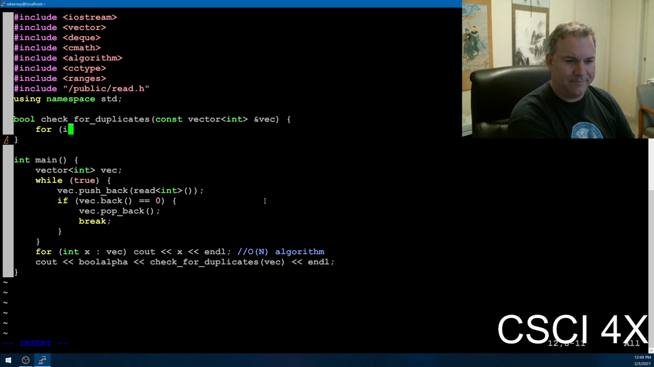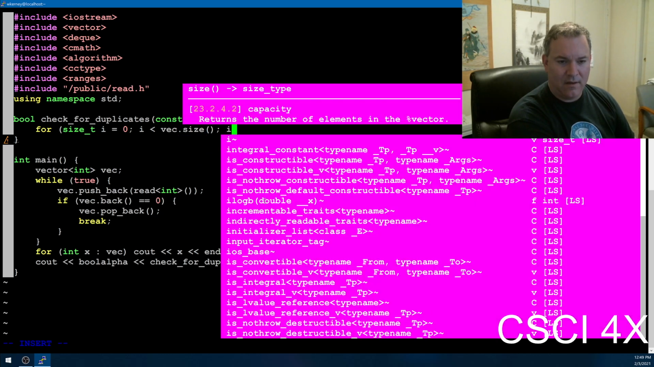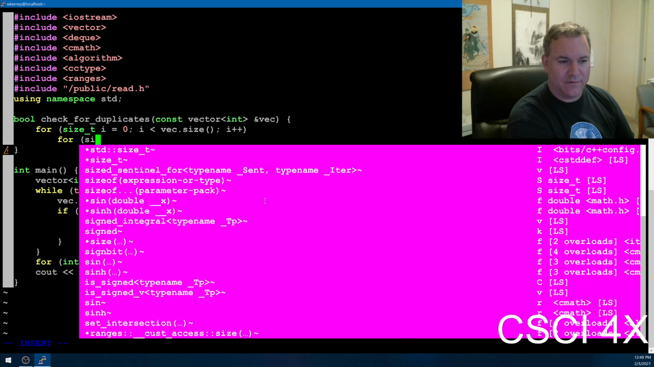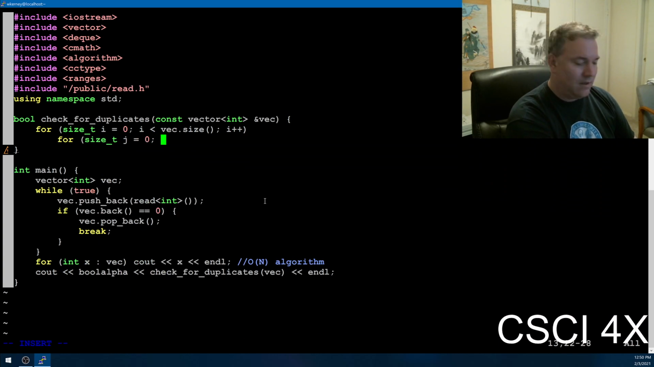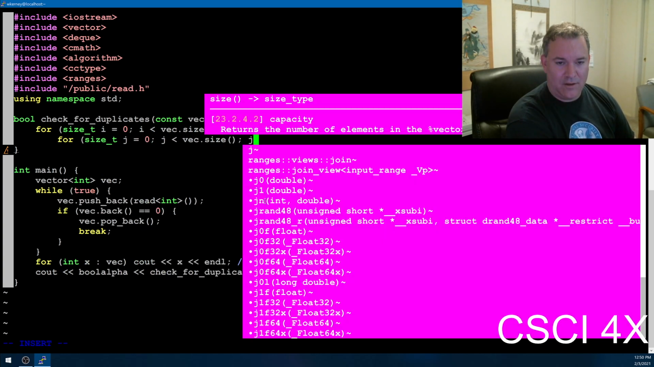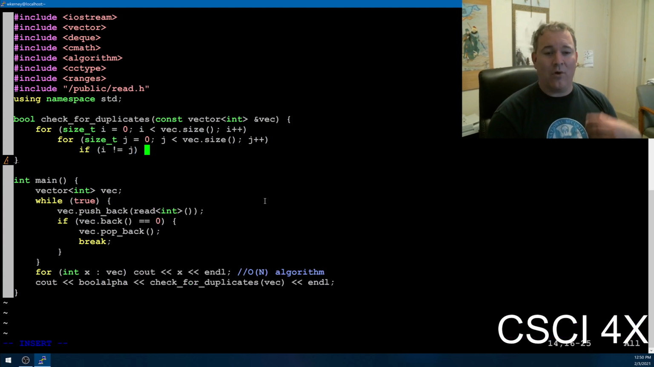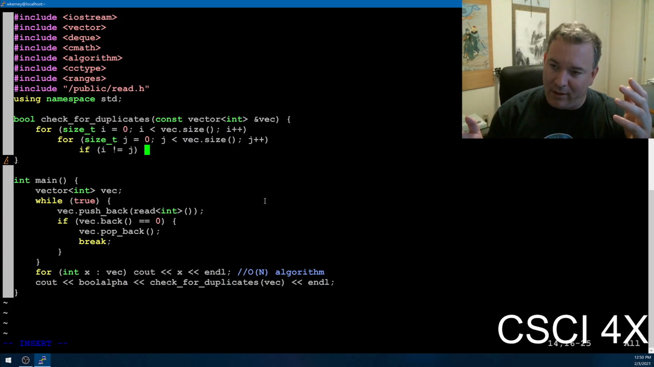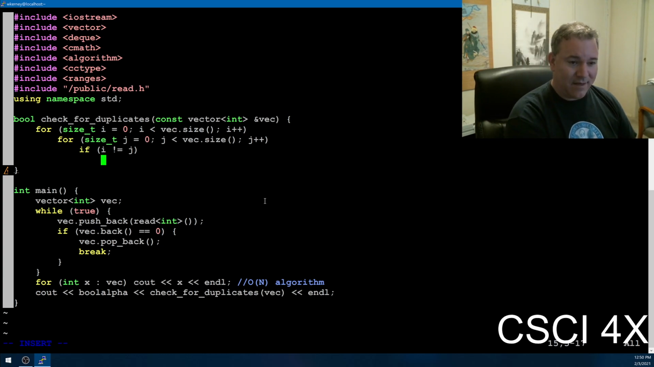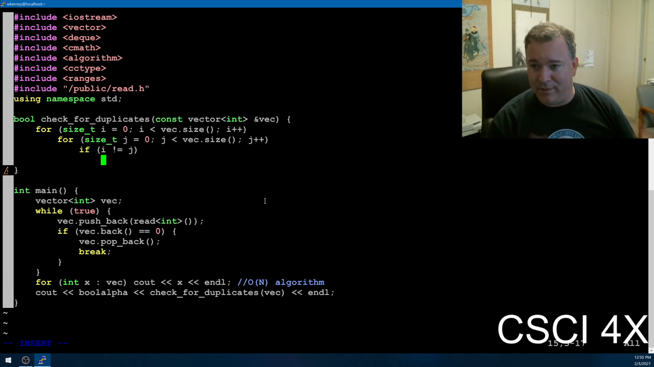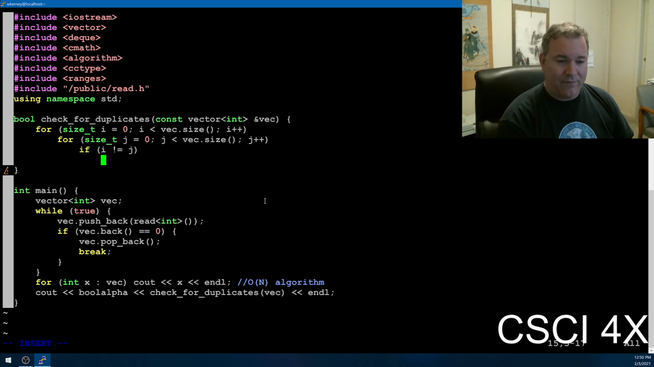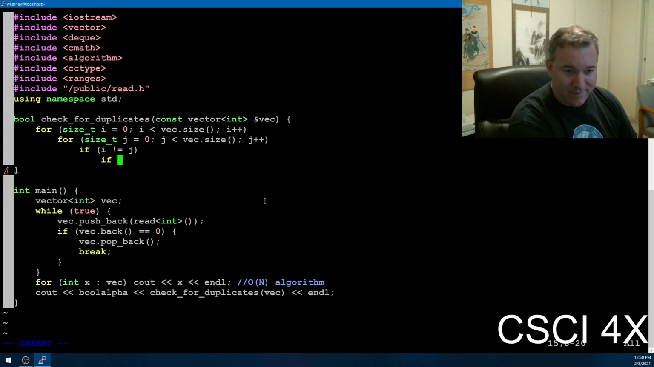And let's just do this. So for size_t i equals 0, i is less than vector dot size, i plus plus. For size_t j equals 0, j is also less than vector dot size, j plus plus. If i and j are not the same, because obviously what we're going to be doing is saying for every element in the vector, check every other element in the vector. And so if you were to check the same one, it would be a duplicate, right? We don't want that. So if i is not equal to j, in other words, if we're looking at two different elements in the vector, then